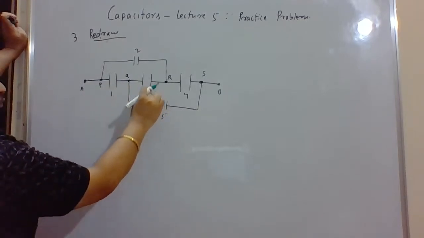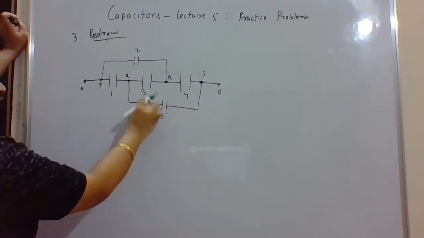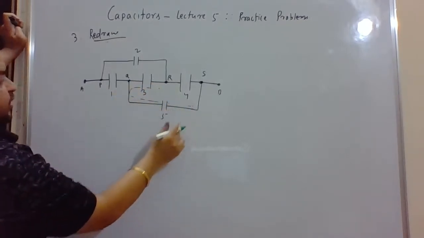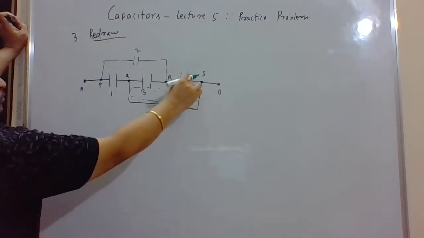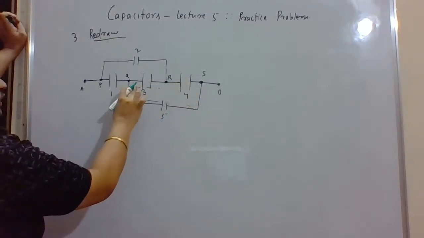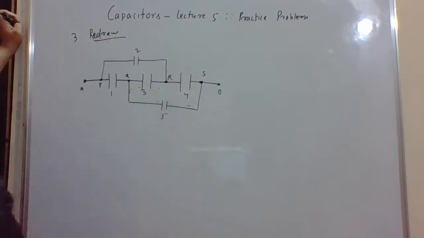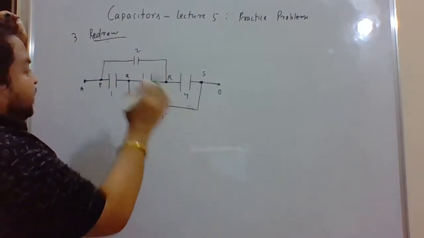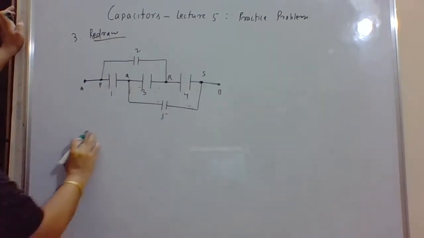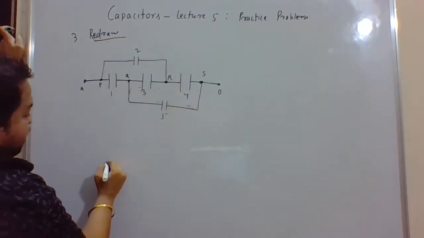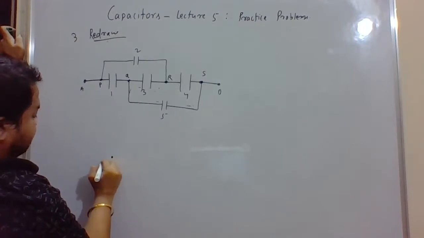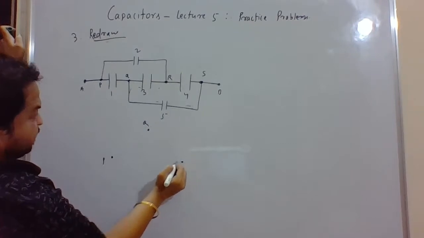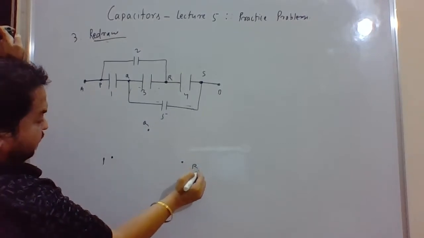Similarly, if I want to take 3 and 5 and see are they in parallel. So I started from 3, I came to 5. I cannot complete this capacitor because I need 4 also to complete this loop. So obviously these are not directly in parallel also. So if nothing is in directly series or parallel, let us just try to redraw it by taking these 4 points P, Q, R, and S. So this is suppose my point P, this is my point Q, this is my point R, and this is